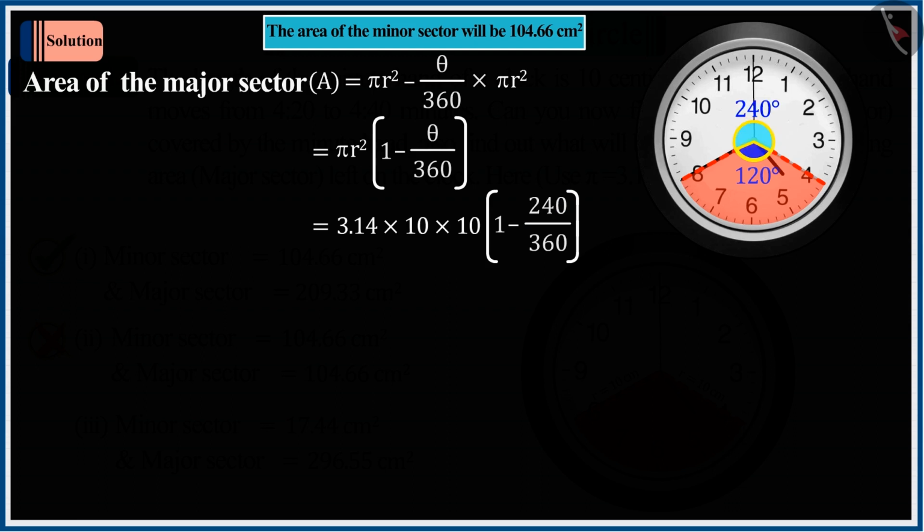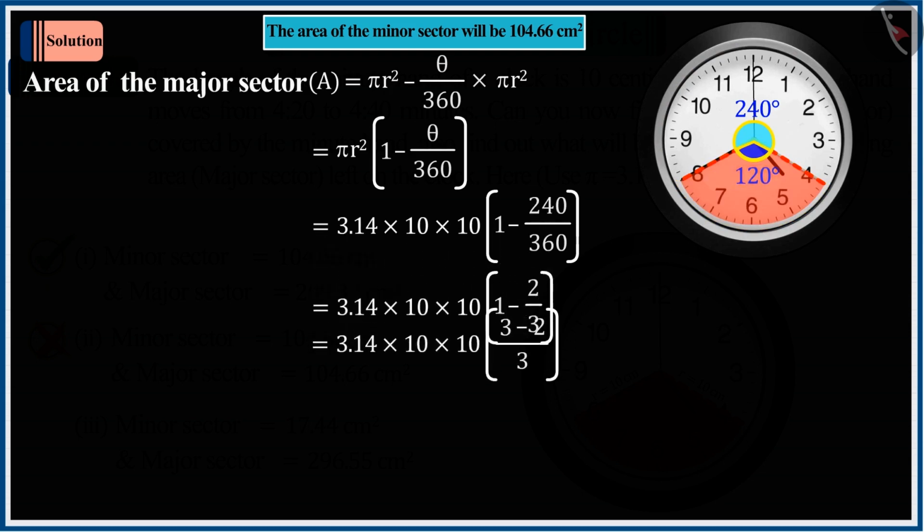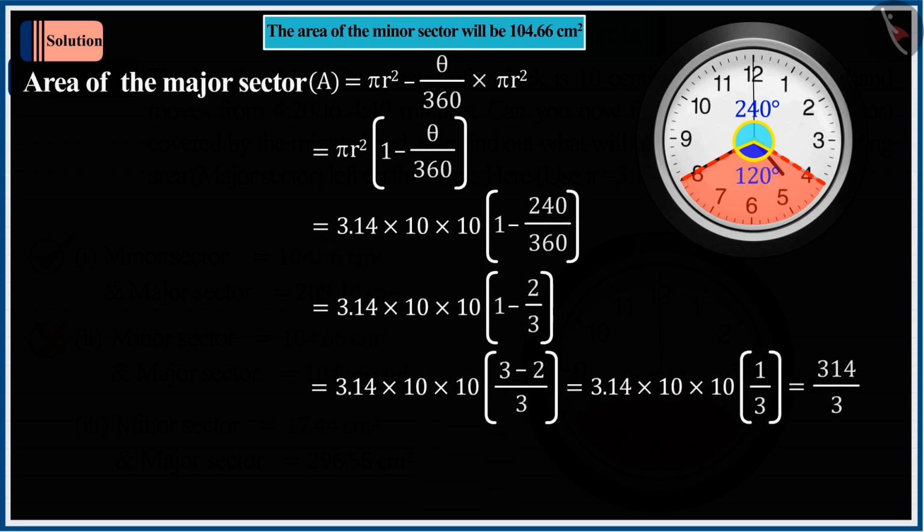And forget that you have to subtract the area of the minor sector from the total area, for which you have to take the value of theta as 120 degrees only. But you did not do that, due to which the value of A derived by you is 104.66 square centimeter,